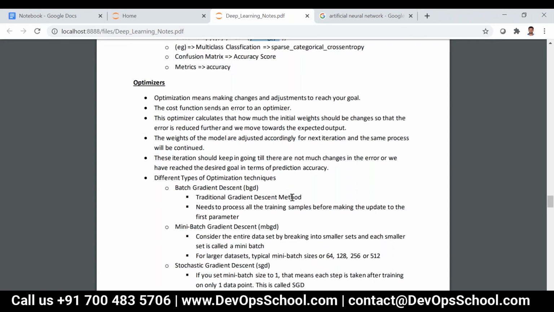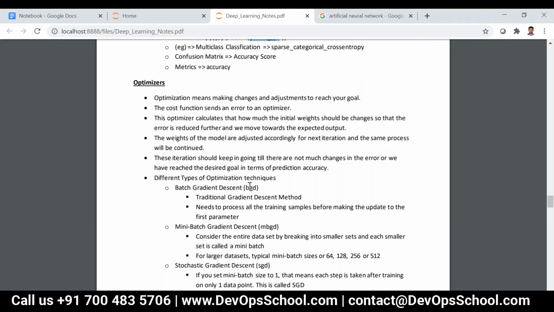Basically, in order to update the weight of the first parameter, it has to process all the training samples. That is BGD.